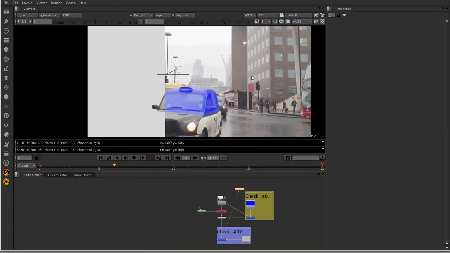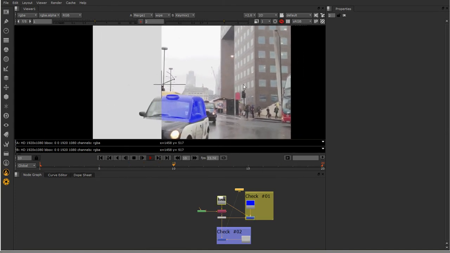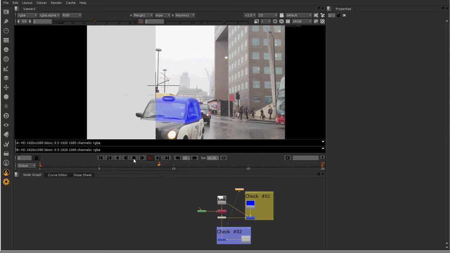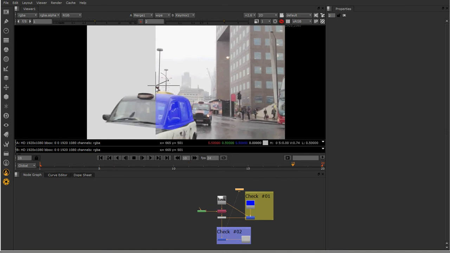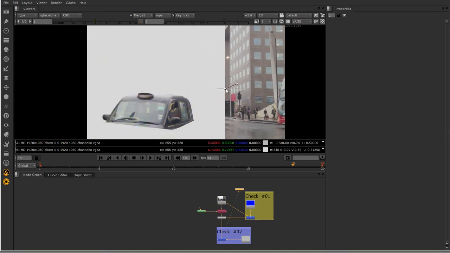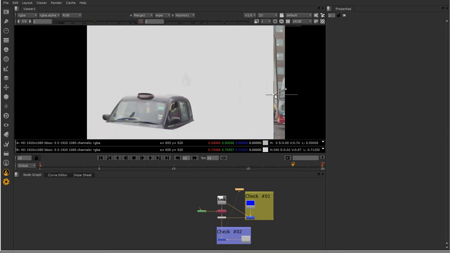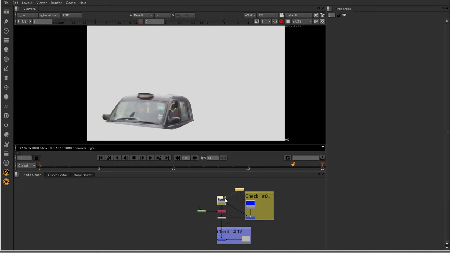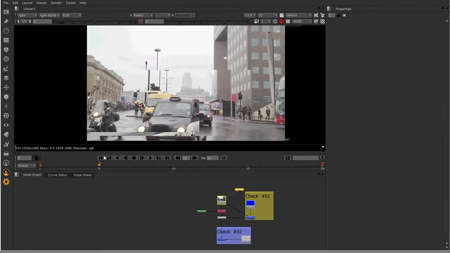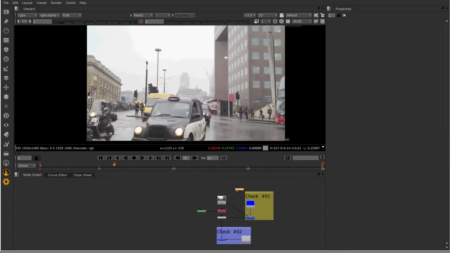Today I'll be going through some really basic stuff in rotoscoping, and so I'd like to begin with going through the real basics. So this is a quick roto that I have done, the top half of the taxi. So let me just bring back the normal view, and this is the plate. Got this black cab that we want to roto. So I'm not going to do the whole thing, and I'm just going to explain to you how I did